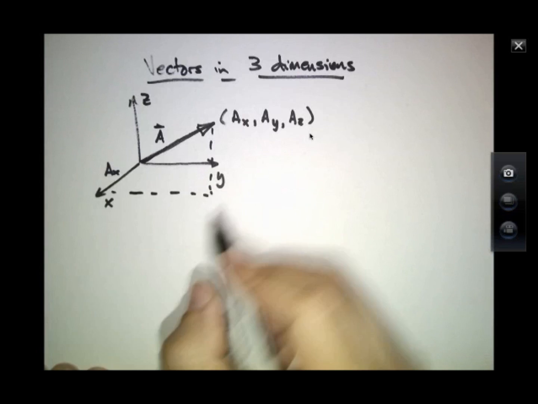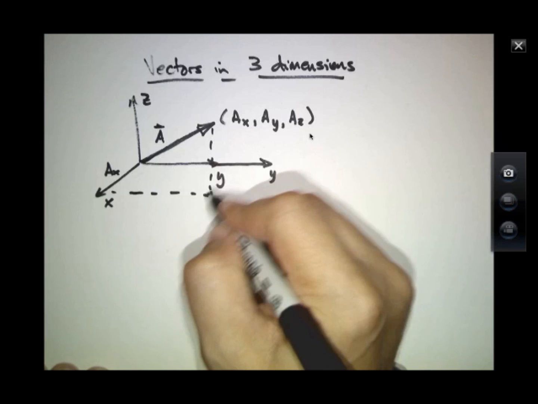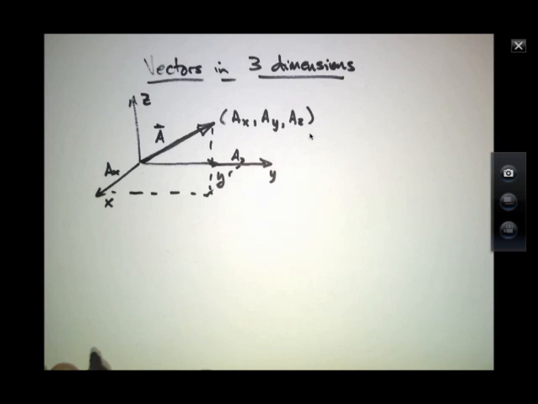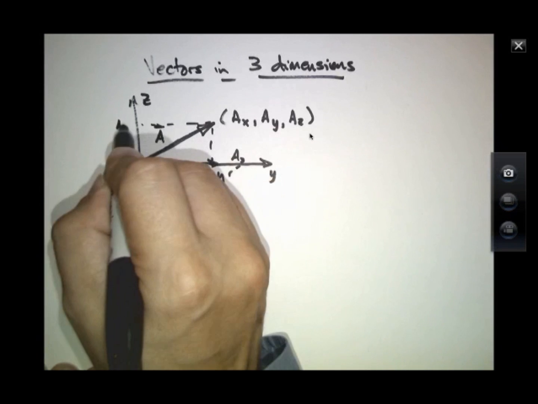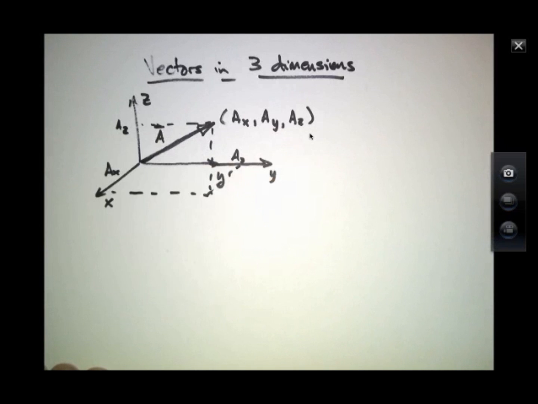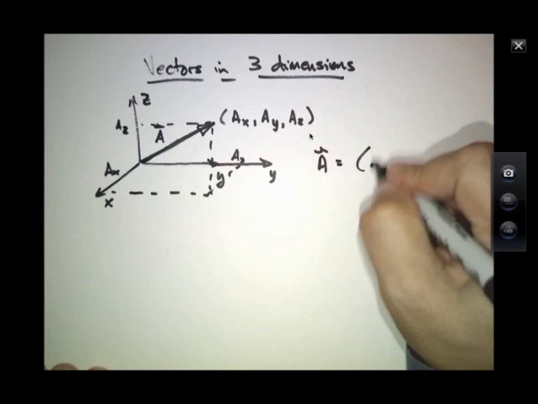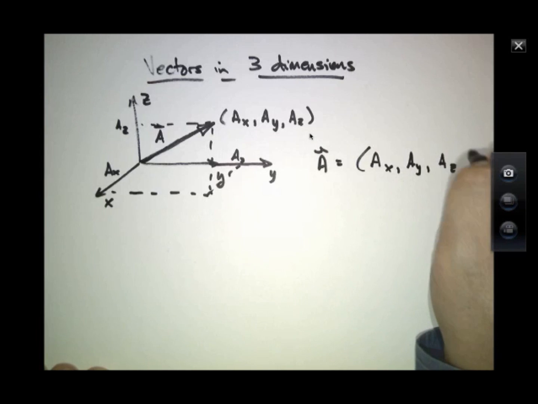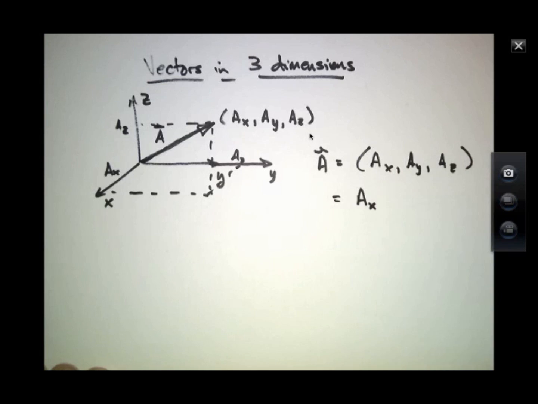If you think of it this way, AX is the component along the x direction, AY is a component along the y direction, and AZ is a component along the z direction. So we can write simply just A is equal to the ordered triplet, or we sometimes write that it is equal to the scalar A sub x times a unit, what's called a unit vector,